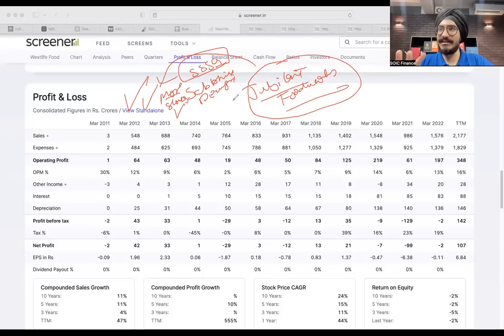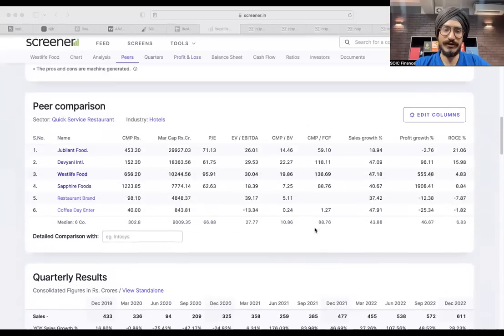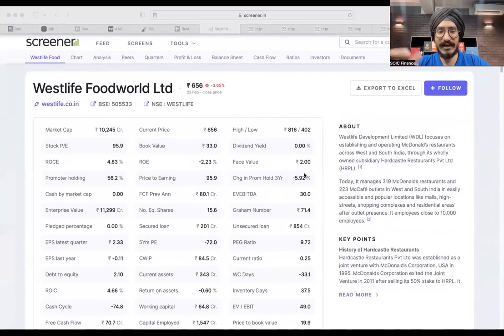But again, the idea is that once you're looking at the sector, have a key understanding of the metrics. And you've already seen what the sales guidance is. I think their FY27 plan is 4,500 to 5,000 crores of sales with 8 to 10% profit after tax margin. So your PAT will literally explode from 100 crores to 450 to 500 crores over the next 3 to 4 years, right? I don't know what multiple it will get if PAT is 500 crore,